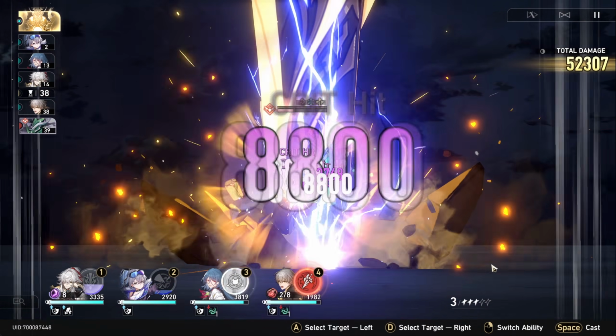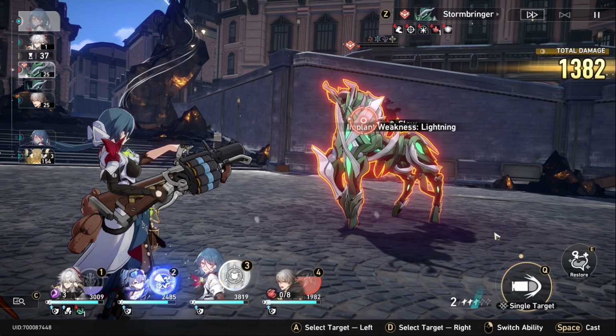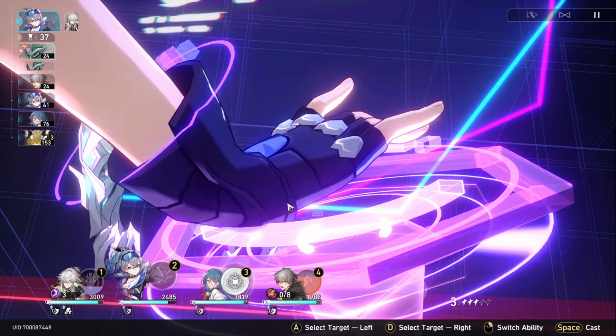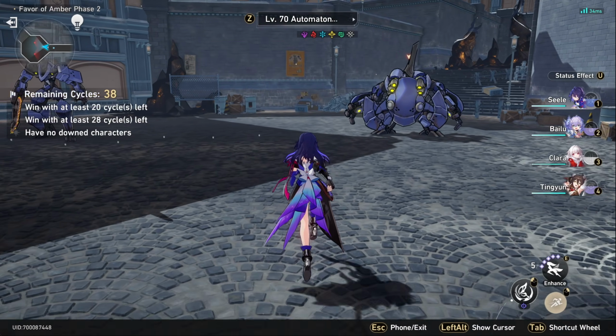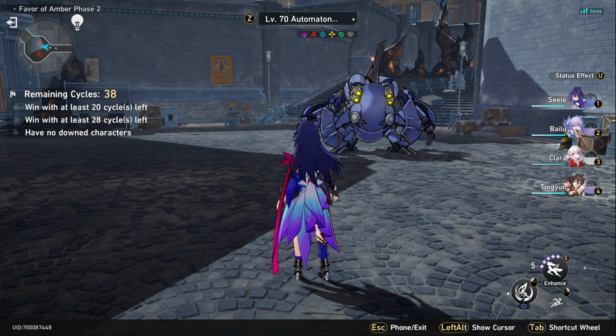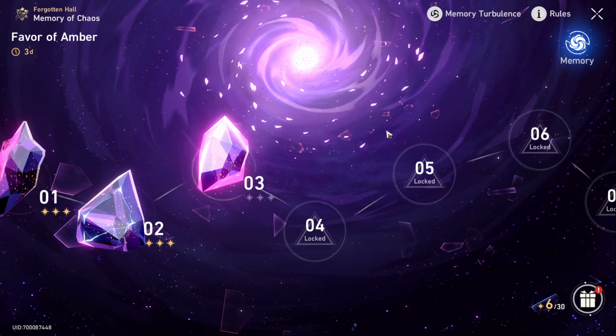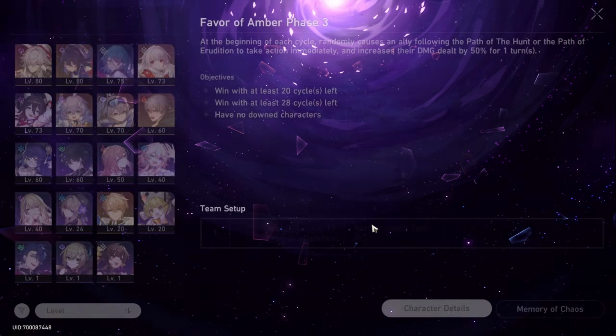Here we go. Yep, nice little 52k. Not bad on a single target. Now we got electric when there's like 2 HP left on him. Whatever. But yeah, that side worked out really well. No one even came close to dying. And that was floor 2. Honestly, still pretty easy. We're gonna do one more here and then hopefully before it resets, we can see how